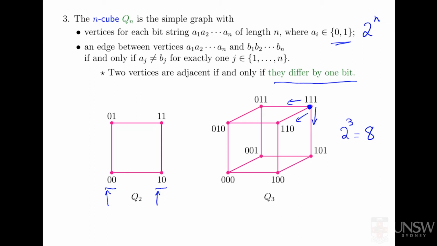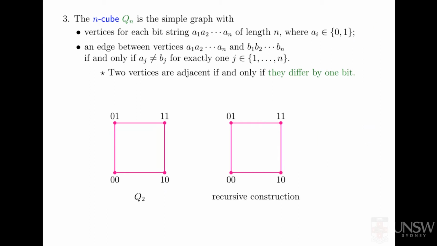There's also a really nice recursive construction where you can make Qn plus 1 if you know Qn. So let's see how this works, creating Q3 from Q2. What I've done to start with is just take a copy of Q2 and label it exactly as you would in Q2. But now the trick is to take another copy, a second copy of Q2, and sort of offset it. So this is meant to be behind a little bit. At first we label it exactly the same as the original copy of Q2,